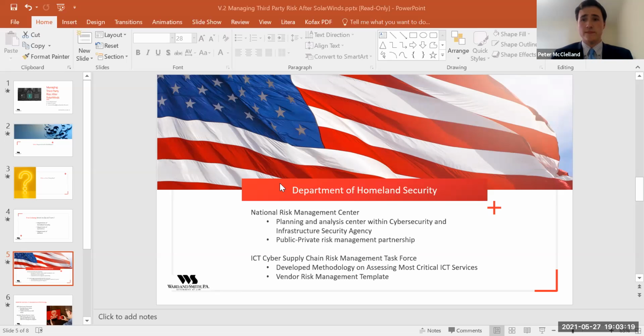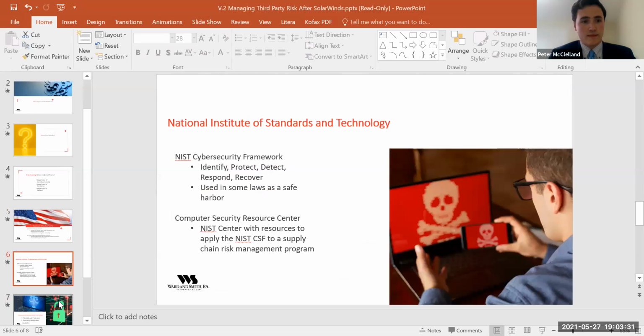But it's also going to be very good at setting expectations going forward as you're dealing with your vendors, so that they know what it is that they need to be doing. And the risk management templates are very good for that.